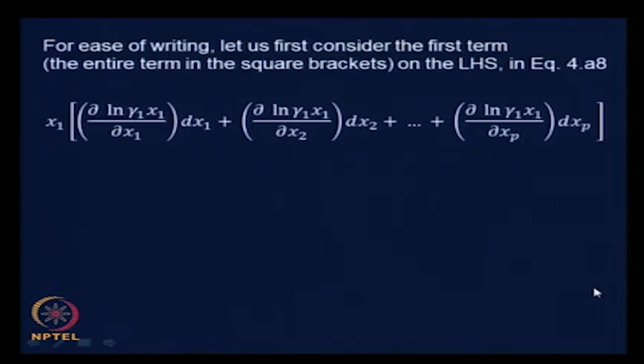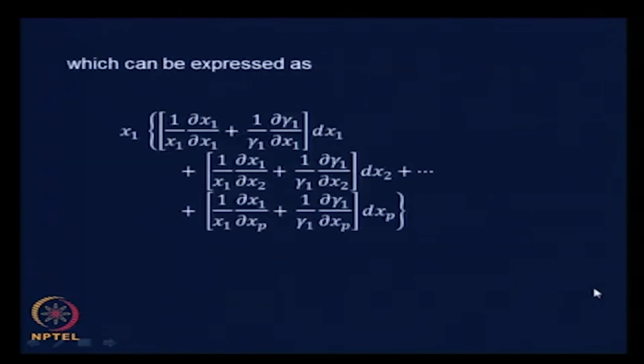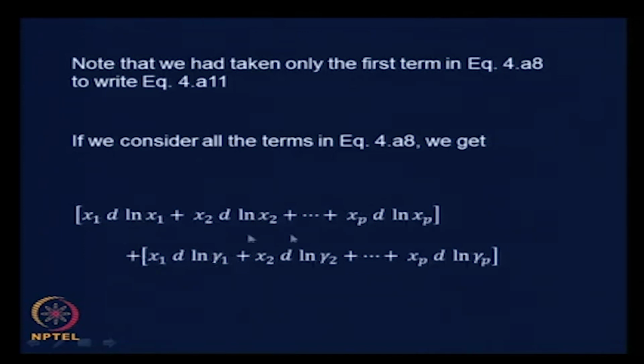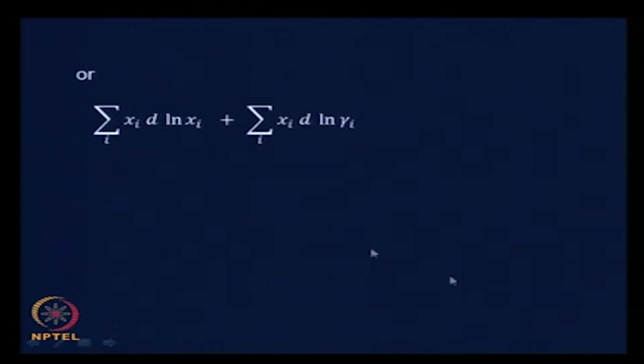And after going through some more algebra, which we went through together, we got for the first term alone x1 times d ln x1 plus d ln gamma 1, and if we considered all the terms and combined them appropriately, we got x1 d ln x1 plus x2 d ln x2 plus so on till xp d ln xp, where p, remember, is the total number of components, plus x1 d ln gamma 1 plus x2 d ln gamma 2, and so on till xp d ln gamma p equals 0, which can be written as sum over xi d ln xi plus xi d ln gamma I equals 0,